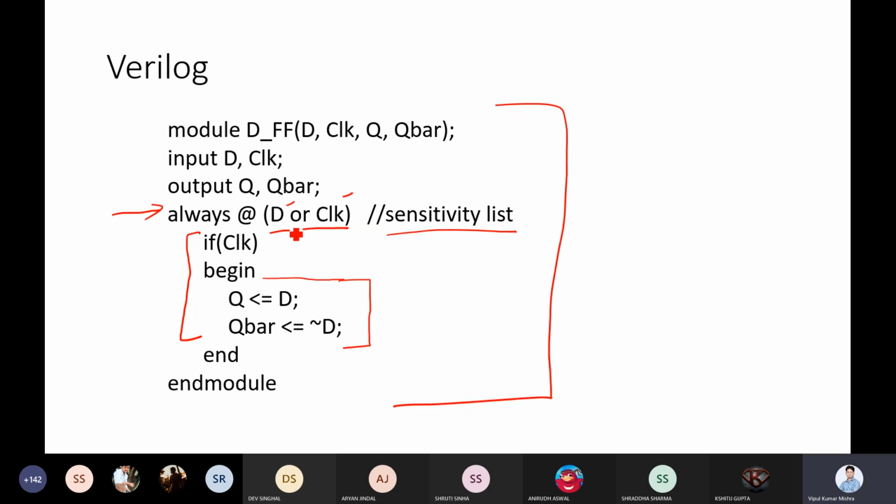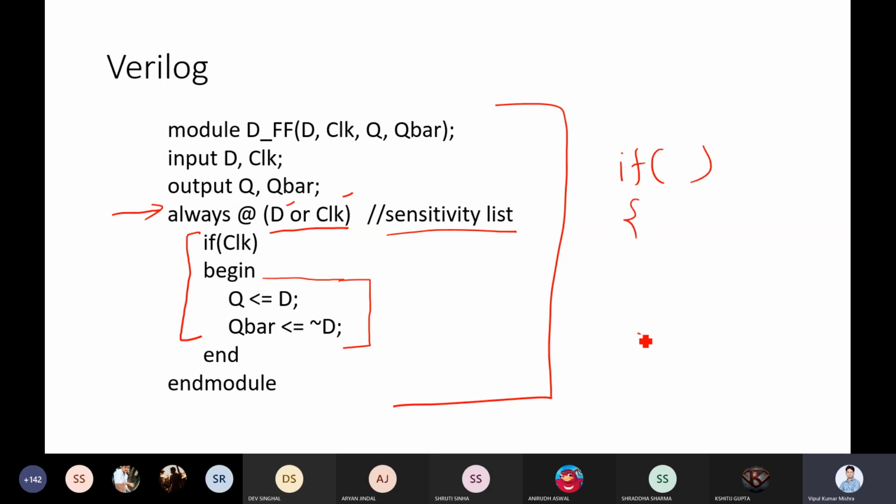So what is the always block? Always will run whenever you have any change in this list. Either D will modify or clock will modify, then this block will execute. Now inside this block we have written if clock, and we have begin and end. In the case of an if statement, here you have written clock.